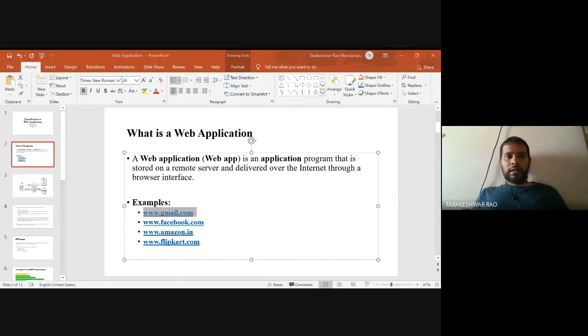Right? And coming to the second one, web application. Examples for this are Facebook, WhatsApp, any other applications, Instagram, Twitter, Amazon, the Flipkart app.